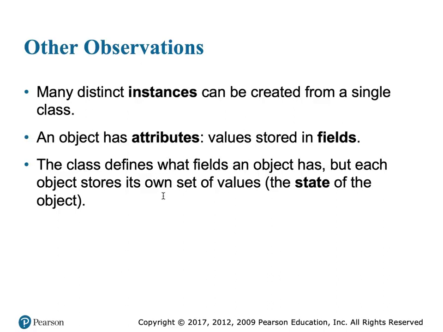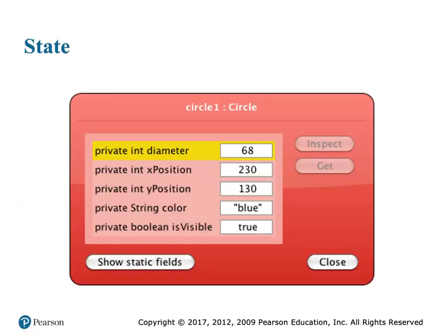The class defines what the fields are, but depending on how the class is created, you will be able to change the state and the values of those fields to create a new version of that state. So again, double-clicking on an object on the workbench will bring up the current value of those fields,